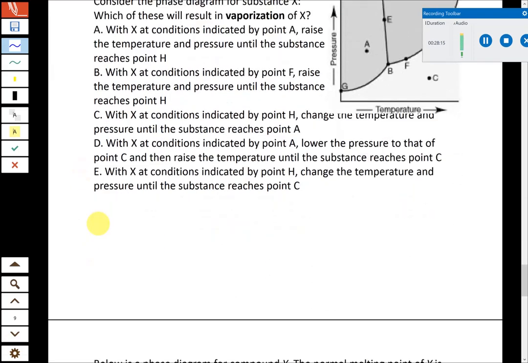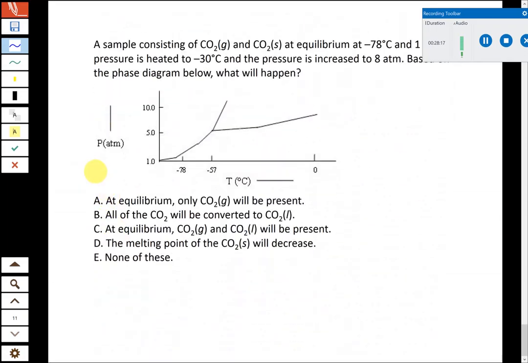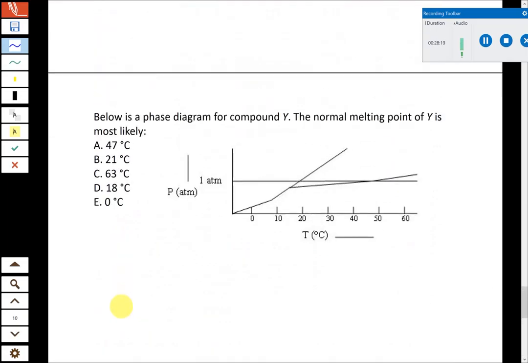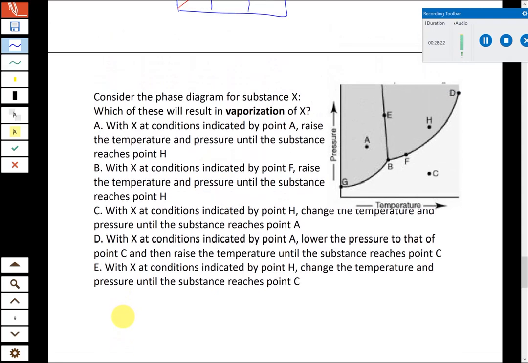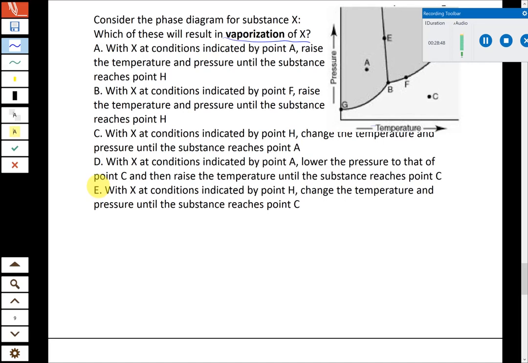All right, and then finally, the last few questions I'm going to go through, the last 3, I guess, deal with phase diagrams. And so phase diagrams are diagrams where you have temperature on the x-axis, pressure on the y-axis, and they're going to be used to tell us for different substances under what temperatures and pressures do they exist as solids, do they exist as liquids, do they exist as gases, and where do the phase changes occur between those. So this question here, for the phase diagram shown, we want to know which of these will result in vaporization of X. Now, to go over the terminology quickly,